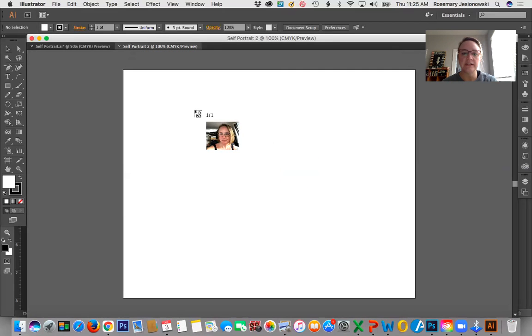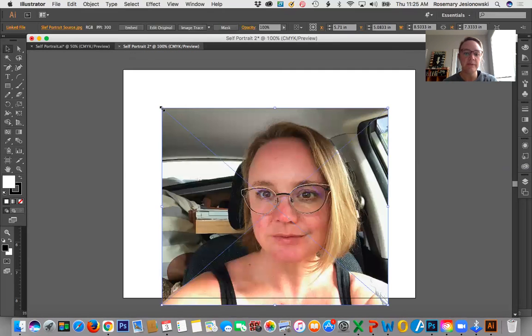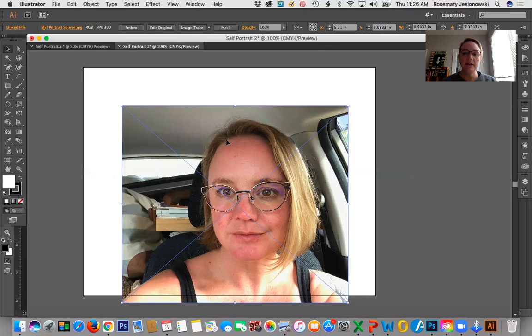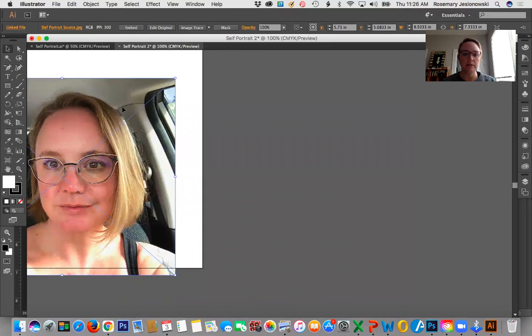And remember, it's this little tiny thumbnail situation. I already reduced the size in Photoshop, so I didn't have to scale it down. So you may find when you place it that it's pretty big. Just remember to hold the Shift key if you're going to scale from the corner. And I'm actually going to work on this outside of my artboard. So I'm going to move my photograph over,